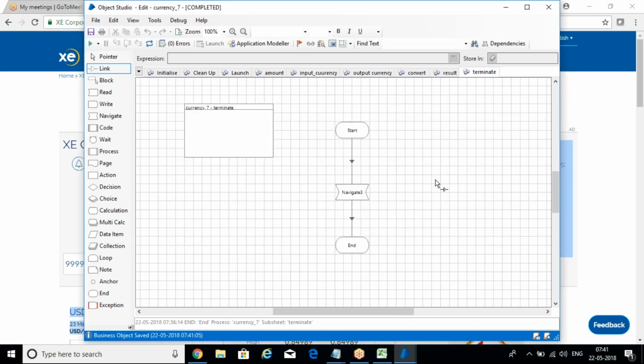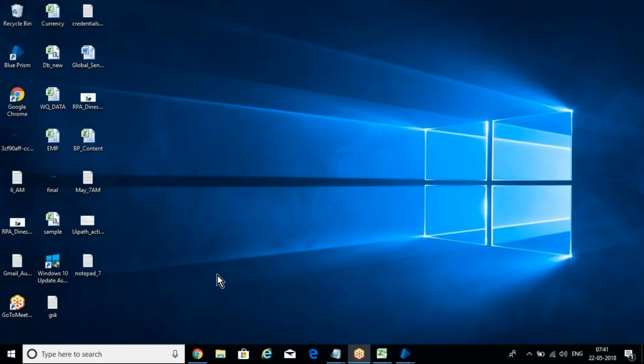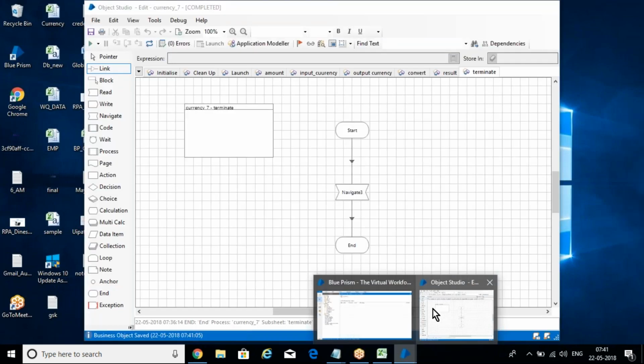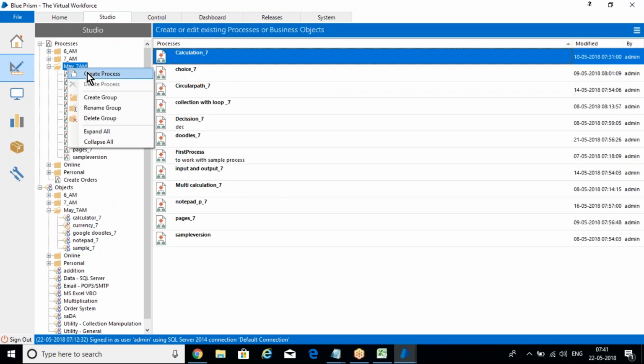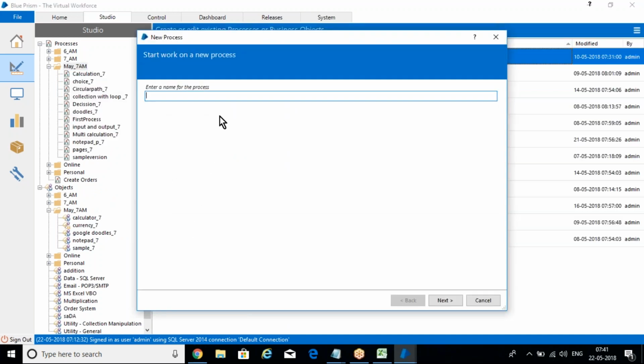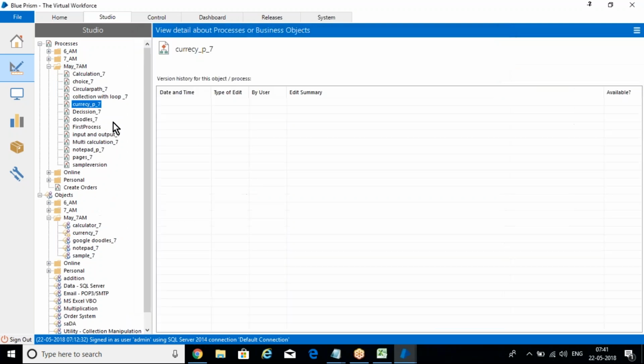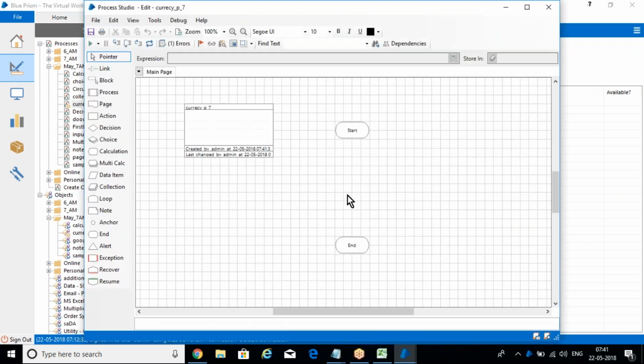Now if you want to run this in Process Studio, what do we need to do? We need to create a process for this, right? Okay, so let me open process. Go to Process Studio, right click, create a process. Now this is for currency process. This one, next. We already created the actions, so we are going to use the actions by using the action shape here, right? So now use this action, double click,